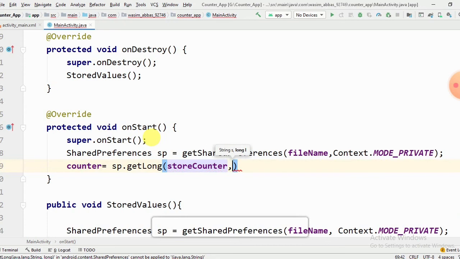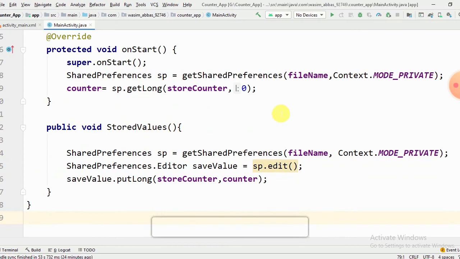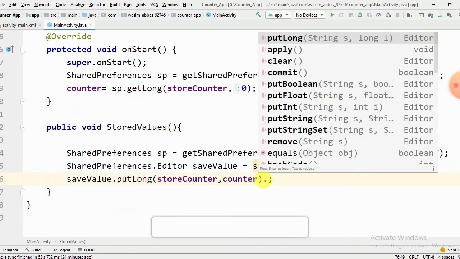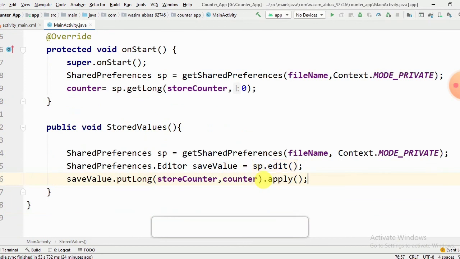If there is no value in this shared preferences, we'll assign it 0. Okay, to store the value, I think we have to apply, right, dot apply. Now it will be stored into the shared preferences. So that is it. Now I will show you the output, and